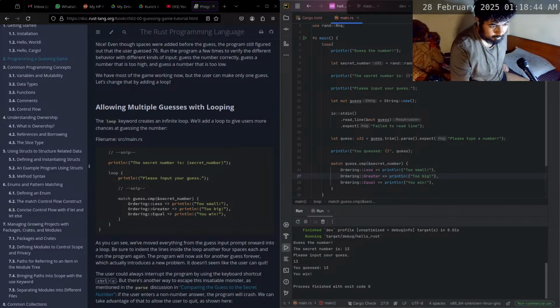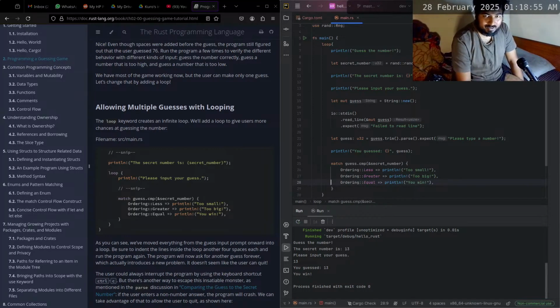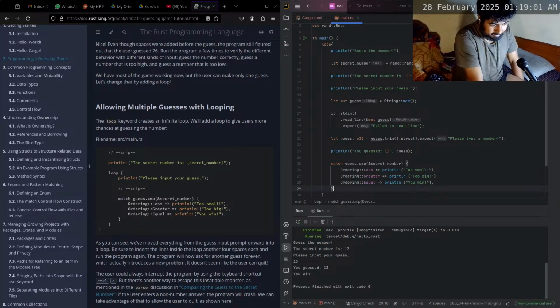I'll figure out how to indent multiple lines in the next Rust stream. Till then, now that we have inserted it into a loop,